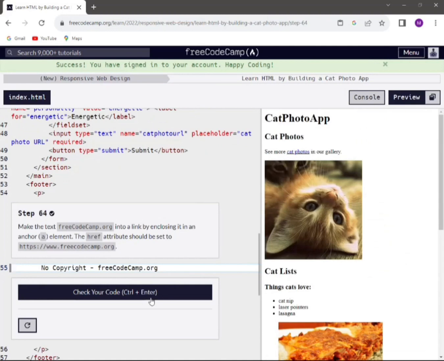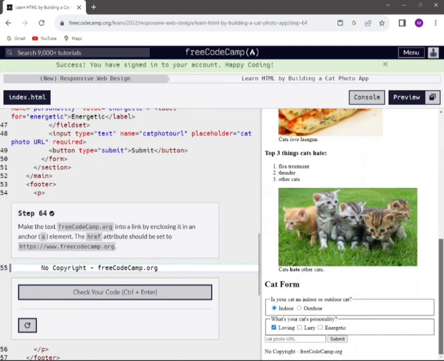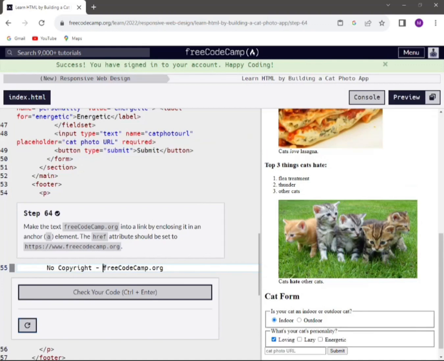Make the text freeCodeCamp.org into a link by enclosing it in an anchor element. The href attribute should be set to